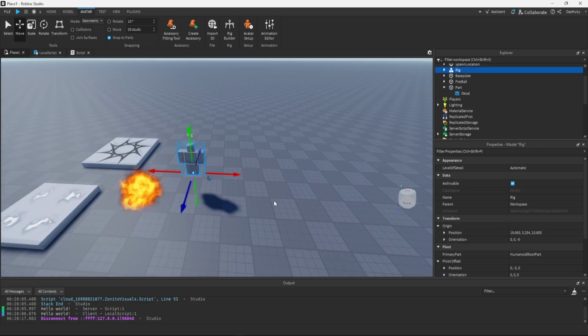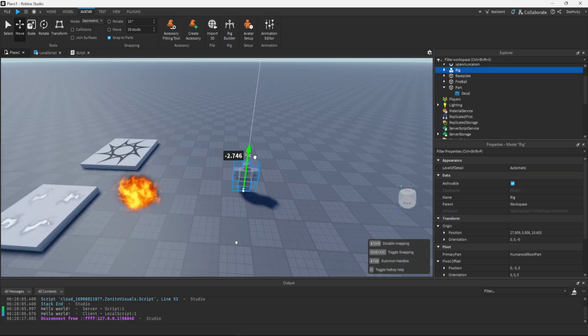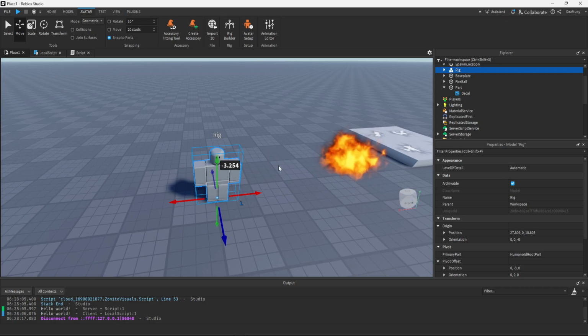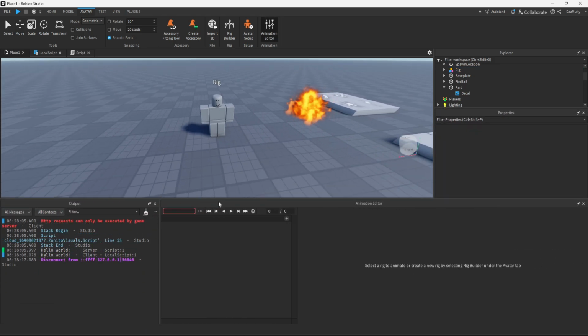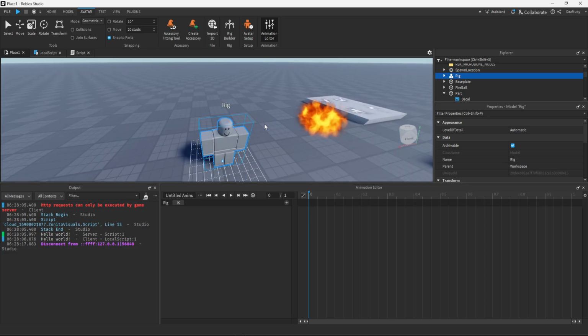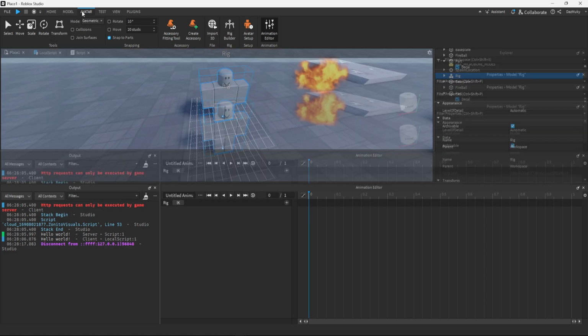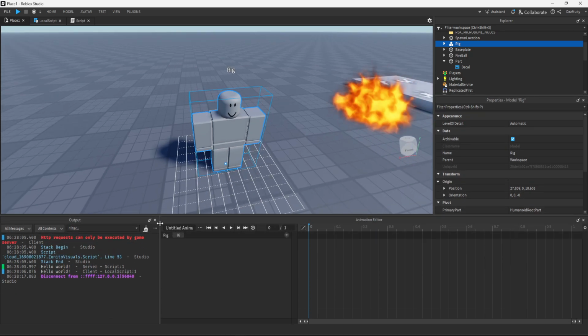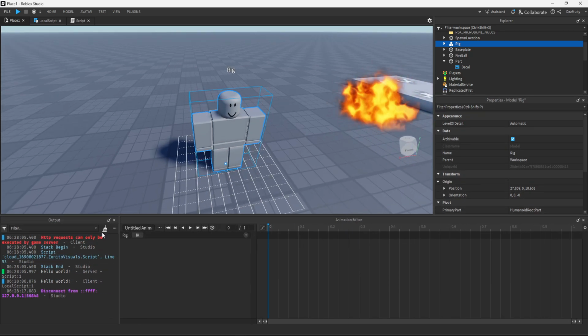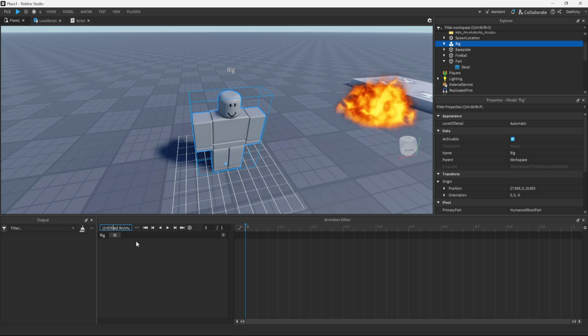So I'm just going to bring in a block rig, and I'm just going to quickly do this. So we're going to do animation editor, and I'm just going to click on my rig here. I'm going to double click this just to minimize it so we've got more space to work with here. And yeah, we'll just ignore that error. That error isn't anything to do with anything. So we'll do fireball